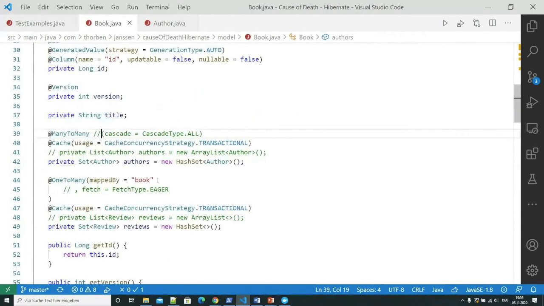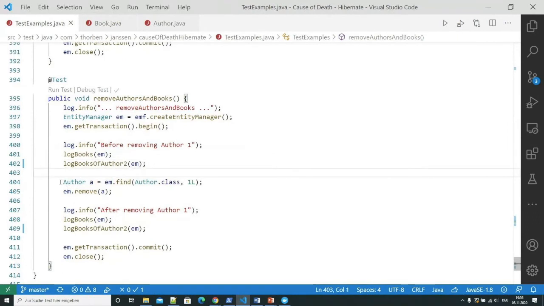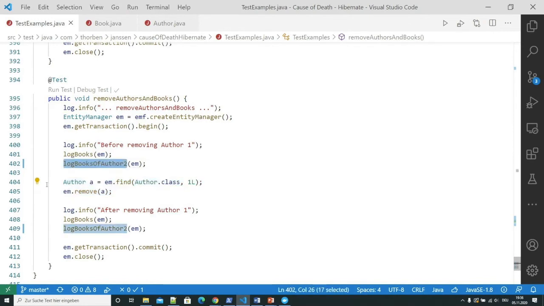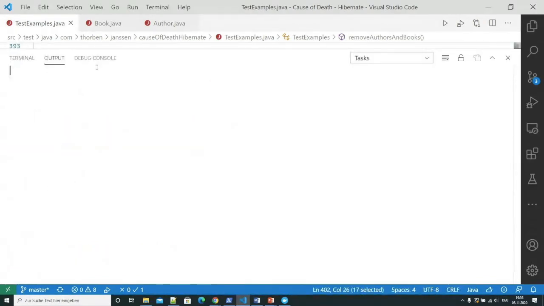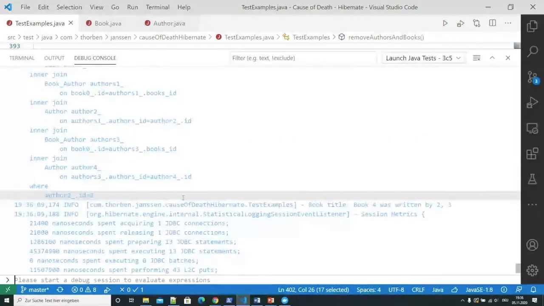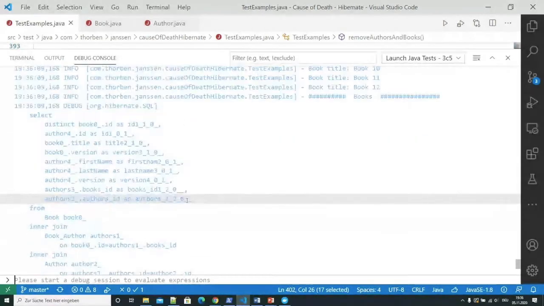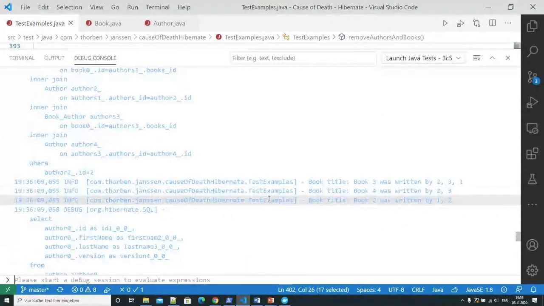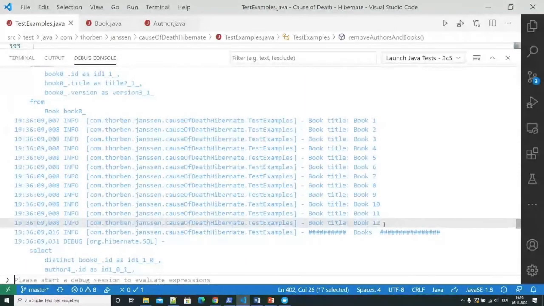If you take a look at this code here, we remove author 1. And we log out the books of author 2 before we do that and after that. So before we delete our author 1, we have the books 1 to 12 in our database.